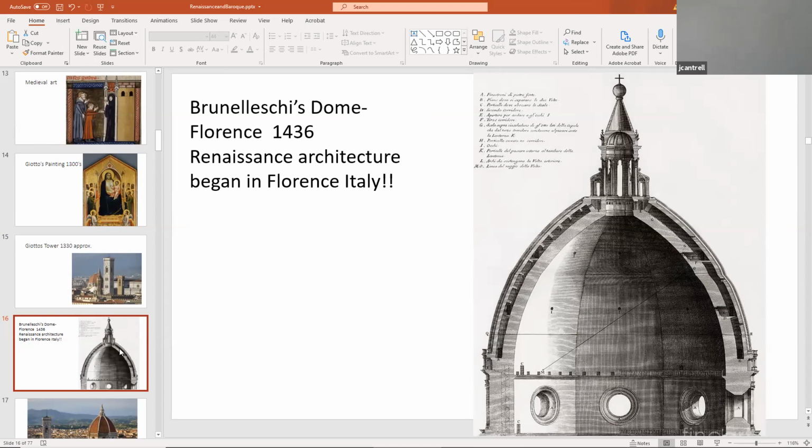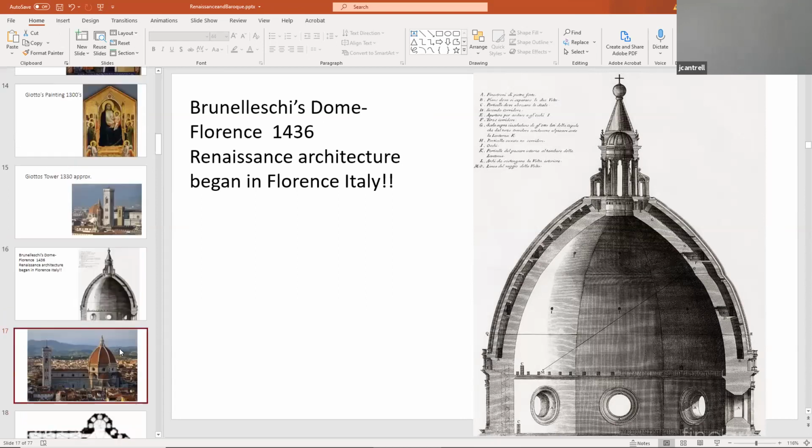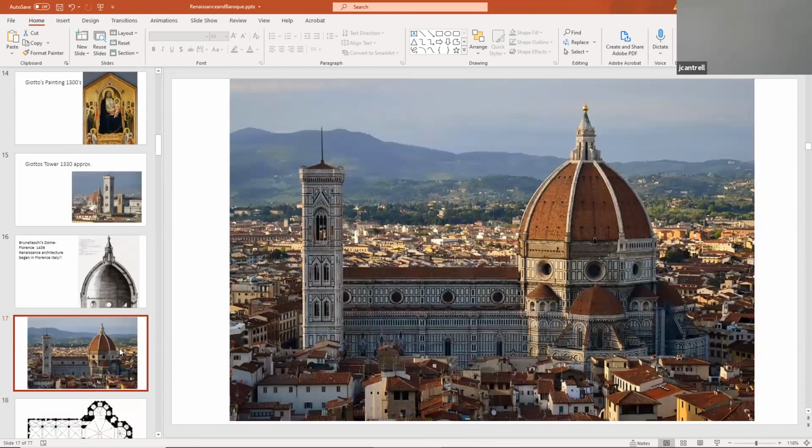But before we talk about the dome, let's take a look at the cathedral itself. This is the main Basilica Cathedral of Florence. If you look at the top, if you can see my cursor, I'm sure you've seen this in your history classes, but this was an open nave. The dome was completely uncovered for about 50 years. If you see the circular windows and the unfinished entablature, or the drum where the dome sits, the dome didn't exist for about 40 or 50 years. It was left completely open to the rain and the elements.